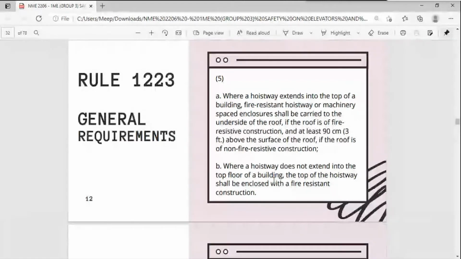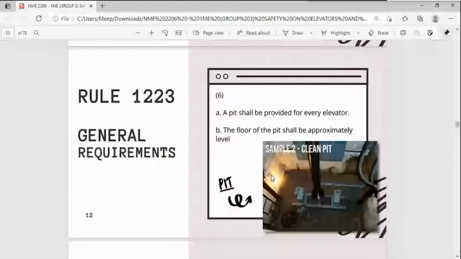So number 6, a pit shall be provided for every elevator. The floor of the pit shall be approximately level. So yung floor ng pit, kung saan nakalagay yung pit, kailangan nasa pinaka-lowest level siya ng